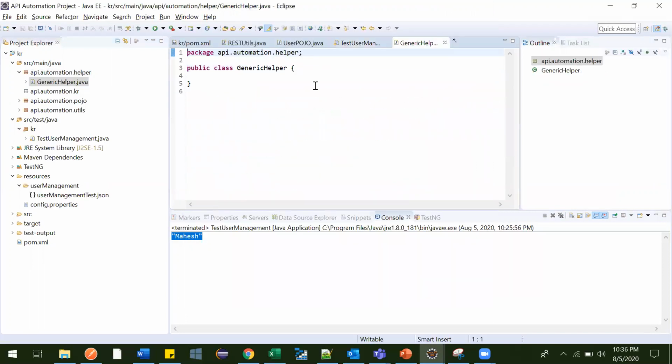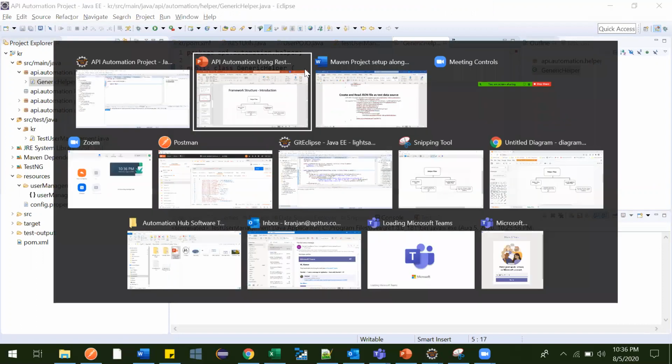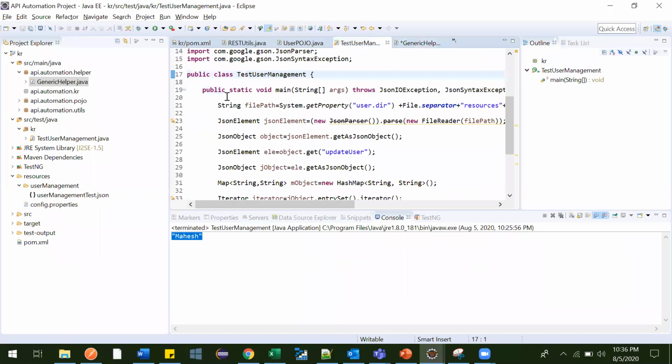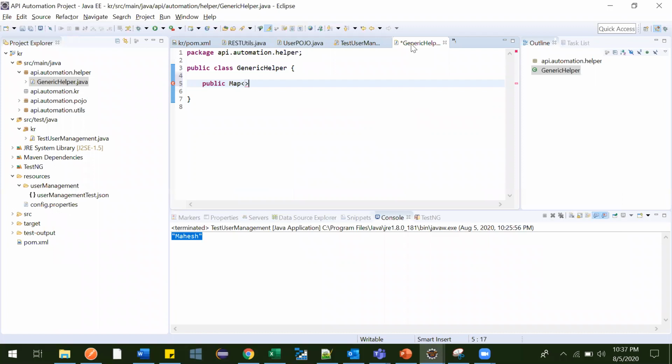Now in the generic helper, let me create one method, public, returning a map. First we are creating this read test data from JSON files method, for which code is already available over here, so I'll just be generalizing it. Create a map whose key and value are both of type string.